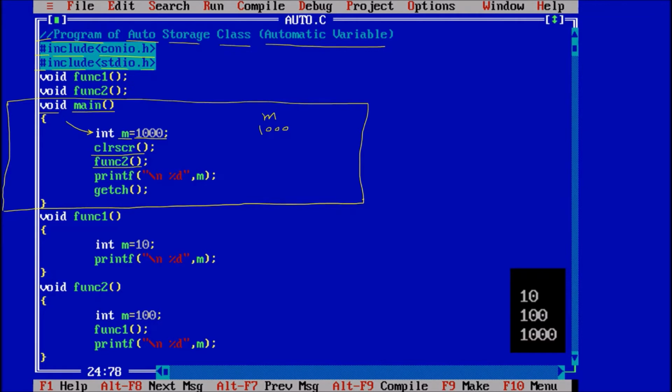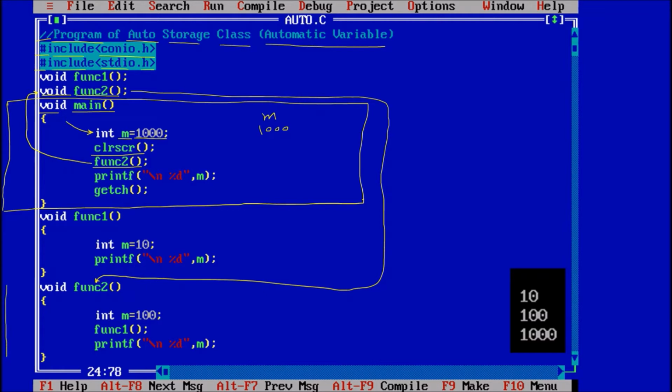Func2. Now function2 is called. We know that the compiler of C first of all searches on the top of the main program. So for func2, the compiler sees that there is a prototype given. There is no definition, it is a prototype. Prototype means void func2 then semicolon. It dictates that there is some function2 available in the program. So now the compiler is going to search the program and jump to it. Now here it will find func2.